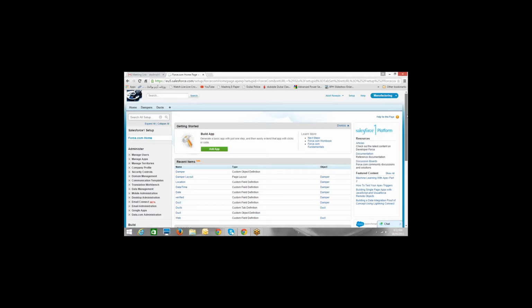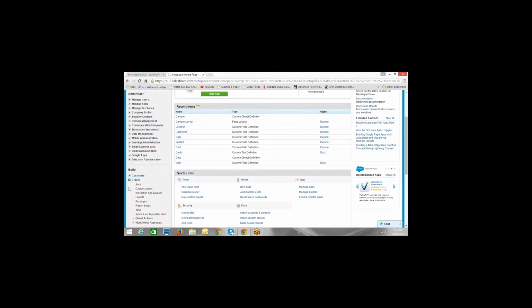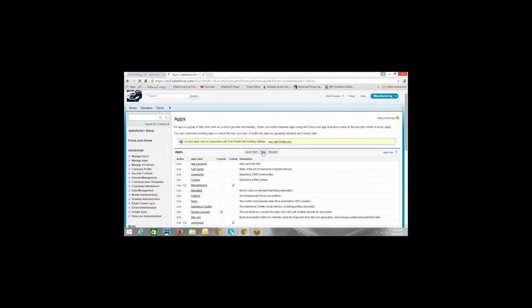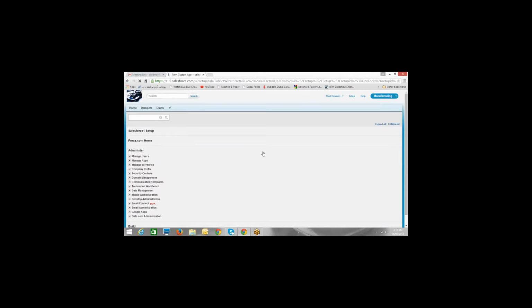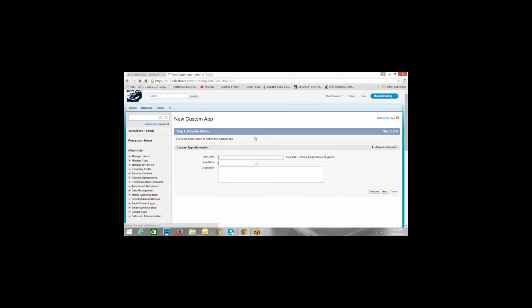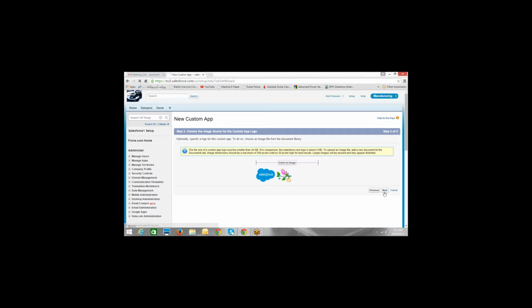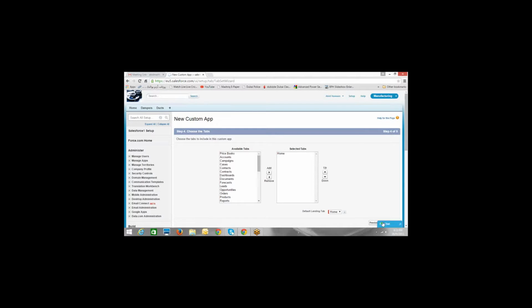So while you're creating the app, make sure that you're just creating one tab for that, which is the home tab. Only home tab we need there. That's absolutely fine.